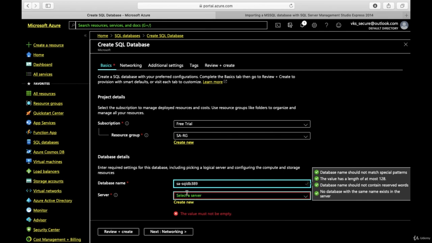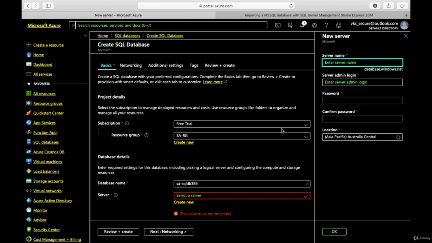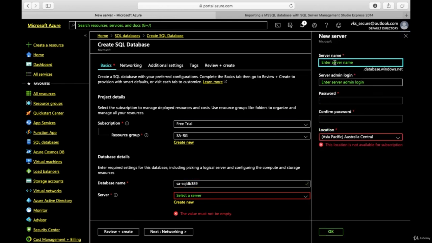Then this is the server we need to create, on which we'll be installing that SQL database. I don't have any SQL server created right now, so we'll create a new SQL server. For the SQL server name, again, I'll give security architect SQL server 389, and then the server admin